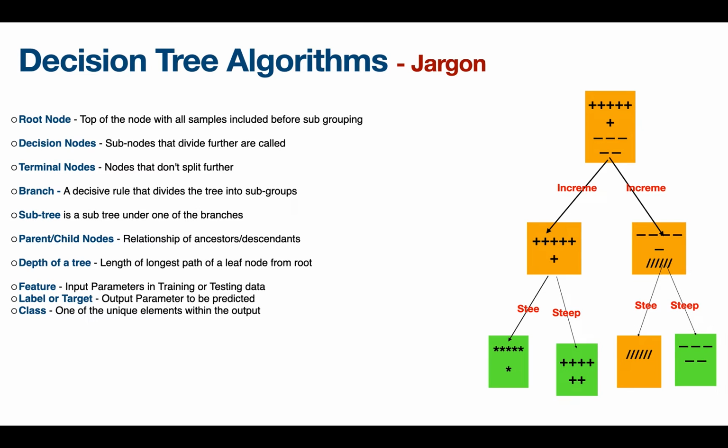So in this case we have 4 classes, right? The plus, minus, star and division operator. So all of them are the different classes within the label. So classes, in a way, also indicate the cardinality. What are the different types of categories? Each one of them is considered a class.